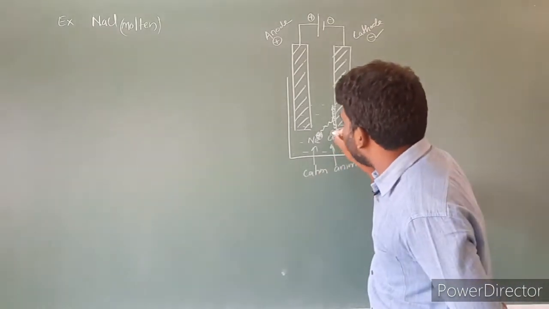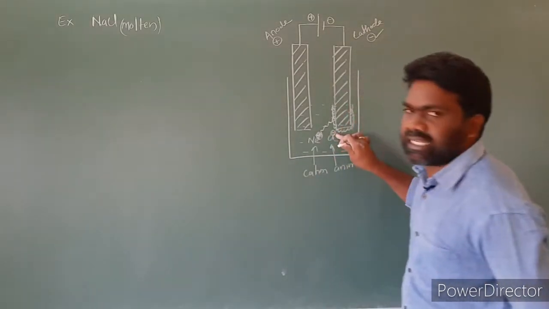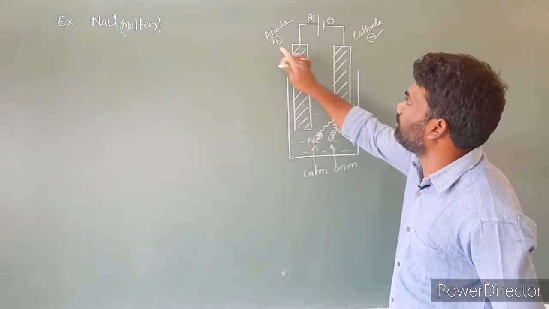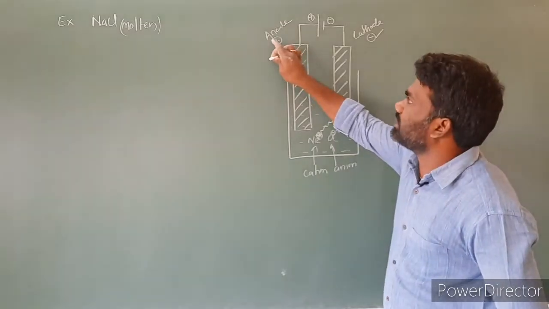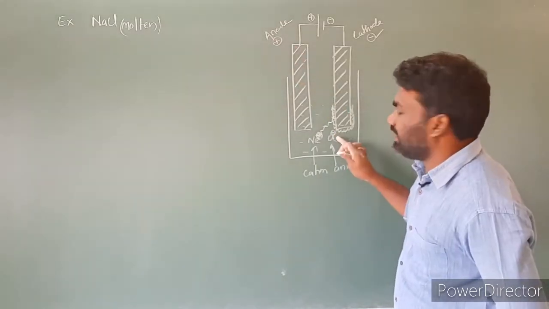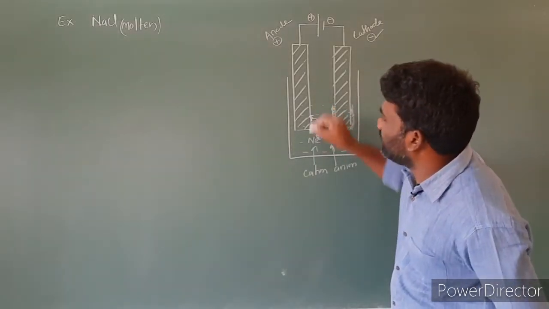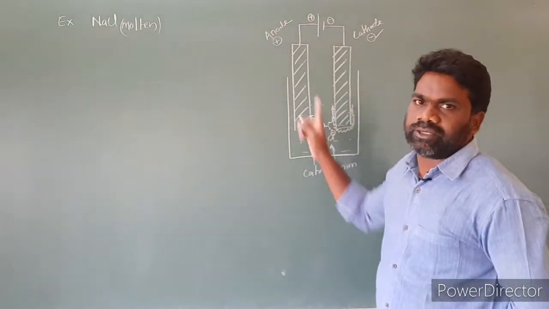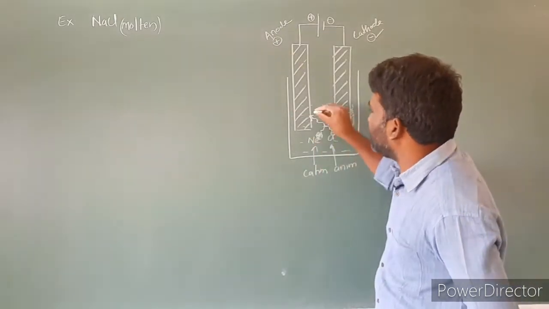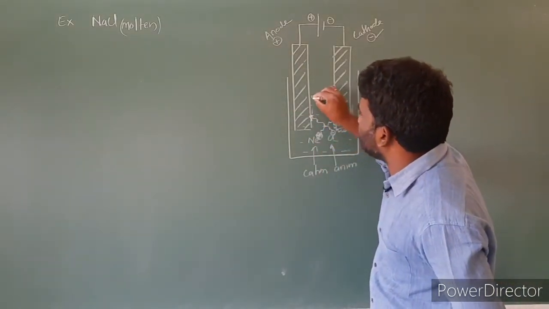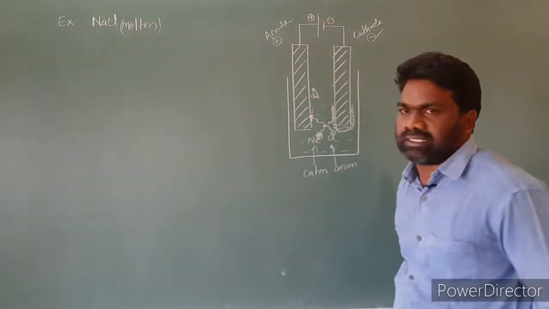And the chloride ion, Cl-, is negatively charged. Negative ions migrate towards the positive electrode. The positive electrode is the anode, and the negative ion is the chloride ion. So anions migrate towards the anode. Anode is positive, anion is negative. Very important point. Then here chlorine gas will get discharged.